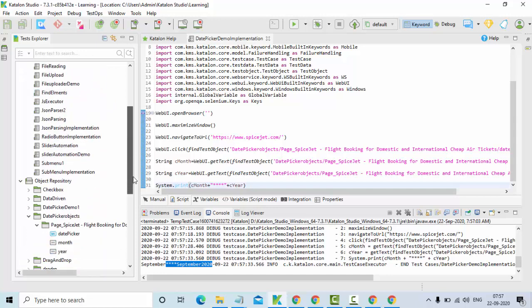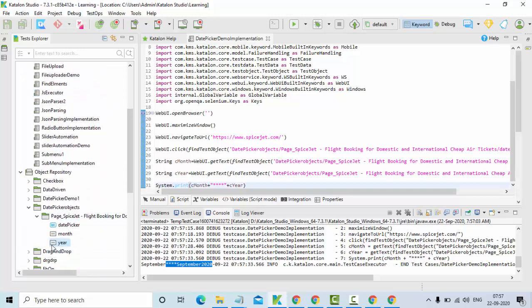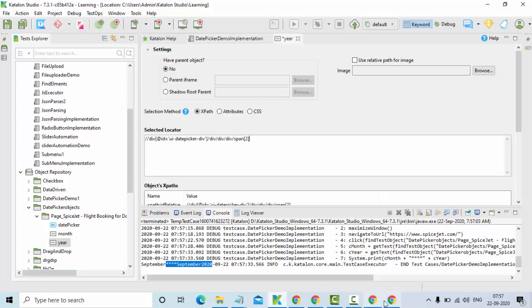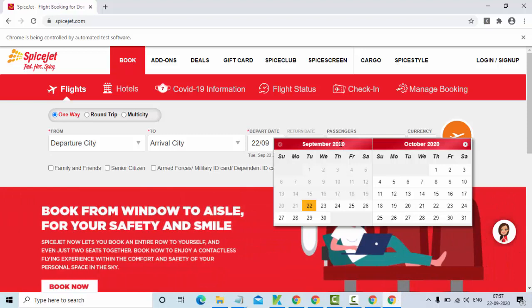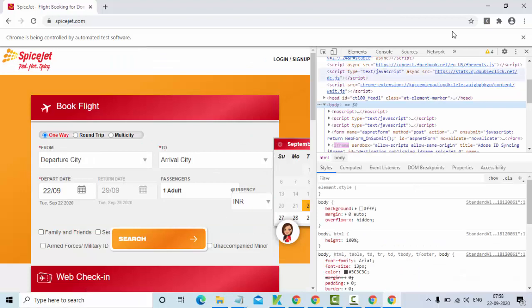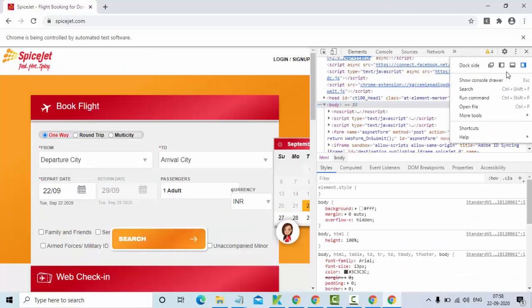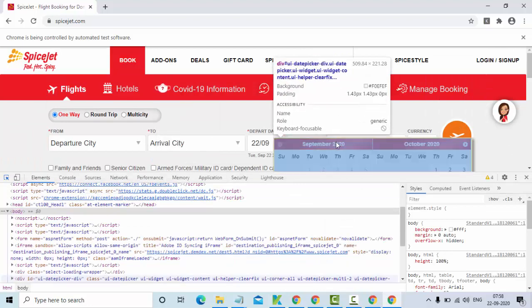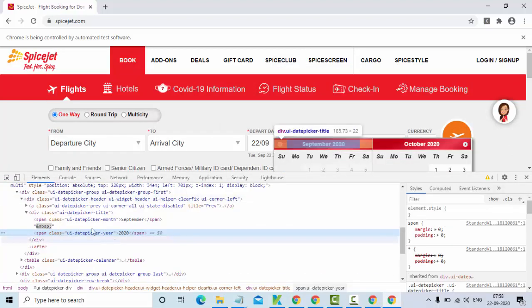What we can do is here we have this XPath, right? Select this, click on inspect. That's why it's important for us to identify these things in the beginning itself so that it won't become a big issue in the end.